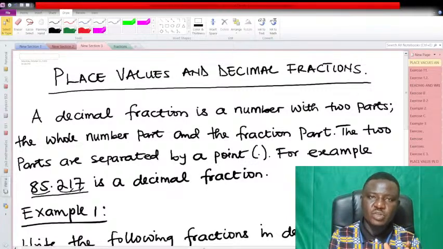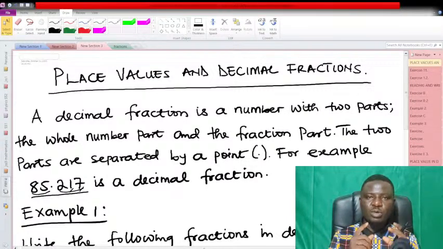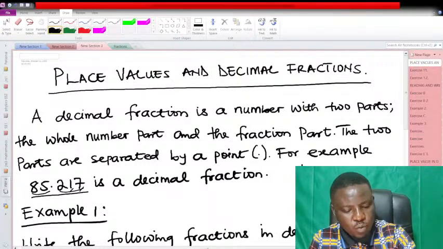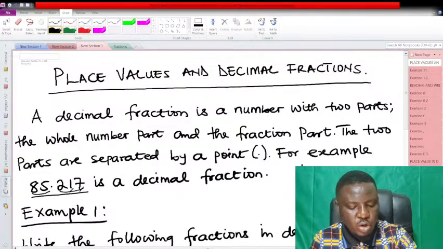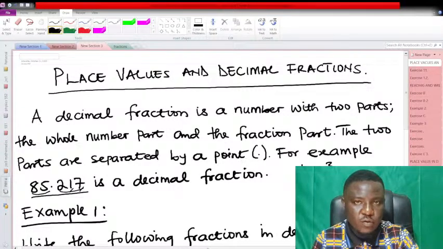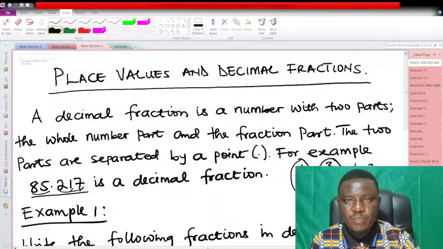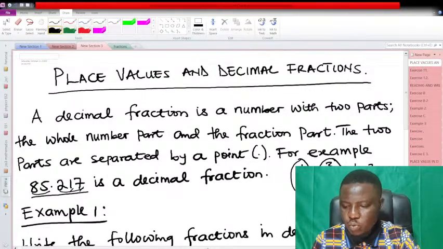Proper fractions are fractions that have both numerators and denominators separated by a division line. For example, 1/2 is a proper fraction. We have examples also such as 3/4 and so on. I told you that 1/2 is referred to as a half. 1/4 is a quarter, so 3 times 1/4 is 3/4. Okay, so in today's class, we shall be looking at